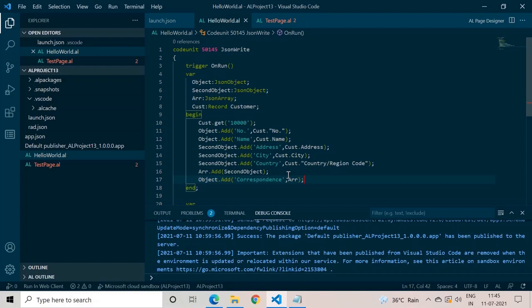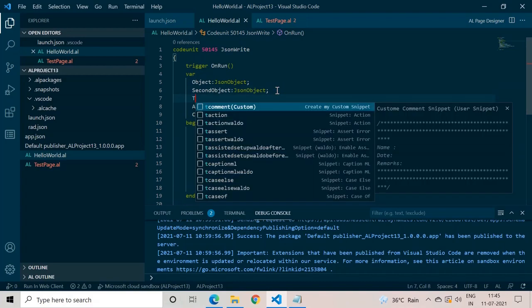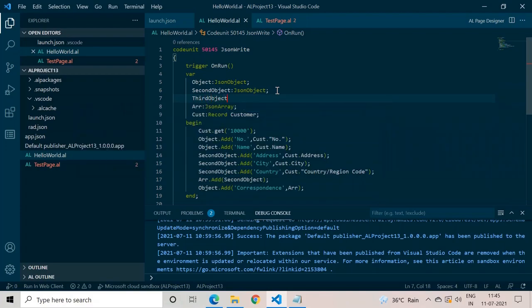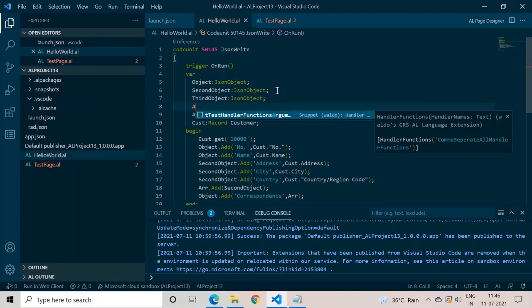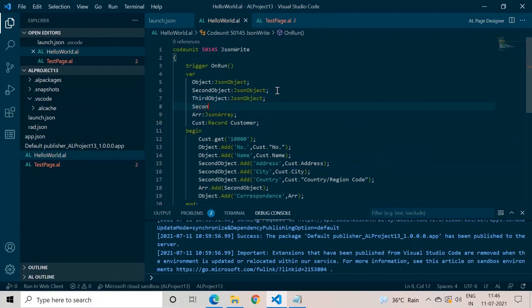All right, so this is how we can create the data, or write the data, in the JSON file. Just for your reference, let us create one more category in my JSON file. For that, let me add a third object as JSON object and a second array as JSON array.